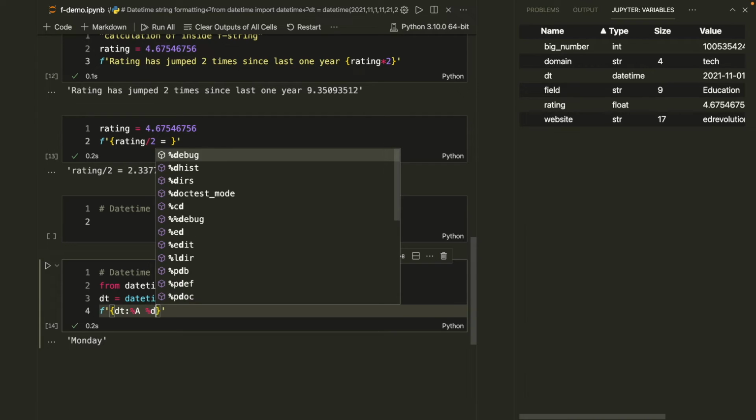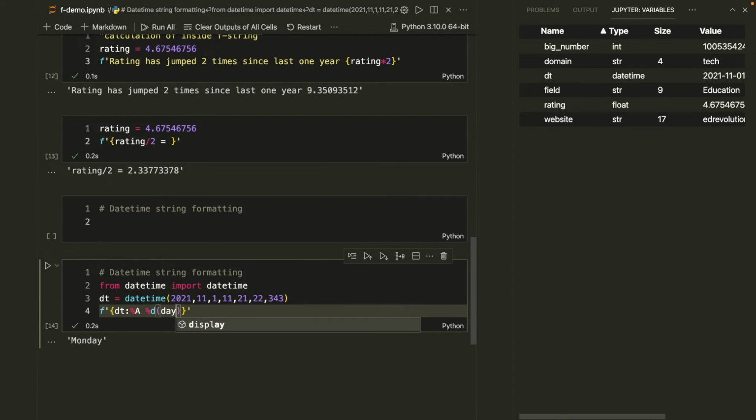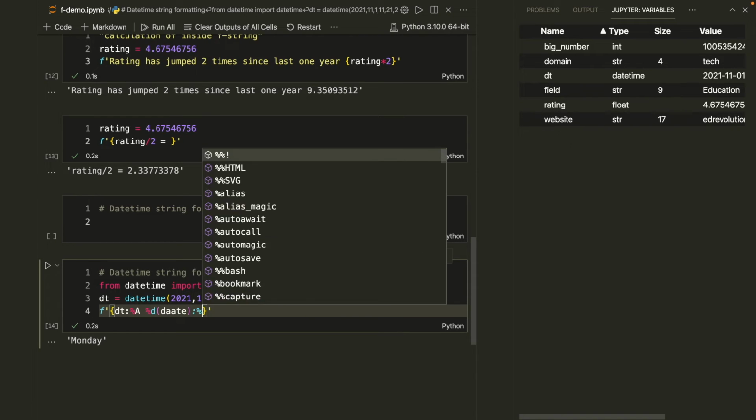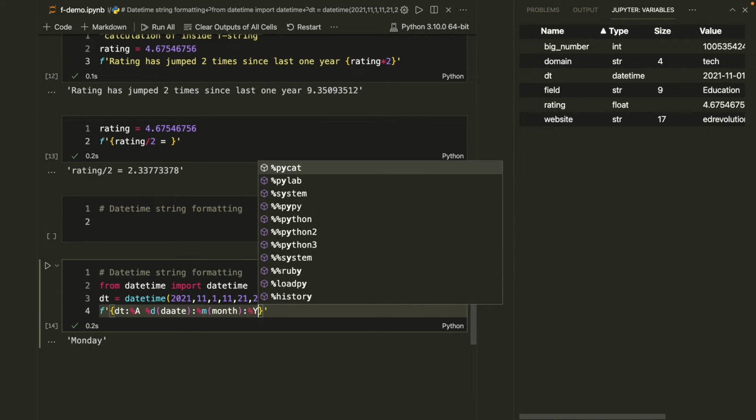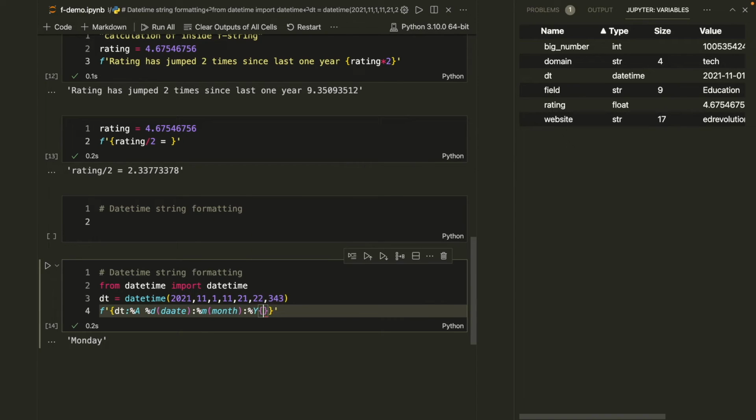I want to see the day, and for better clarity I'll write this day as a date in brackets, then again colon, then now I want to write the month, then again colon, and then write a percentage sign y, and then I don't write because the day will be really clear. Let's run the code. So now if you look at it, first is the date, 11th is the month, and year is 2021. So now this is giving me a customized readability of any date,